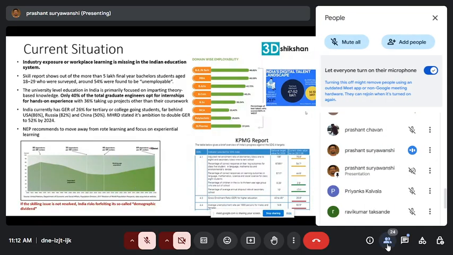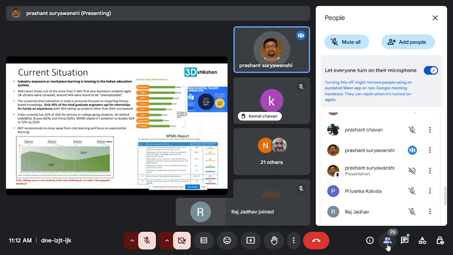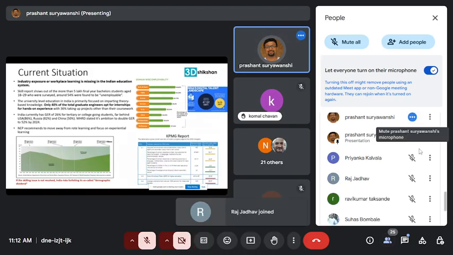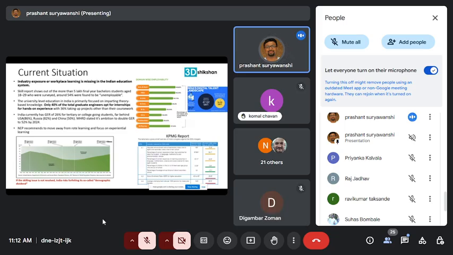You can see from here that by 2026, and this is the NASSCOM survey, there is almost a shortage of 14 to 19 lakh tech professionals. On one side companies are not getting the right talent, and on the other side students are not getting proper jobs. These are dark figures, and that is where we have to improve. The National Education Policy, enrolled in 2020, has stated the particular importance of hands-on learning.